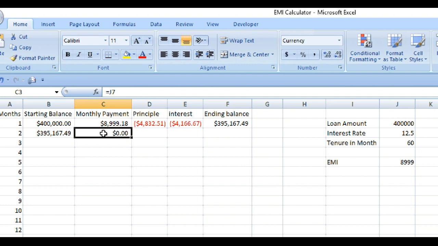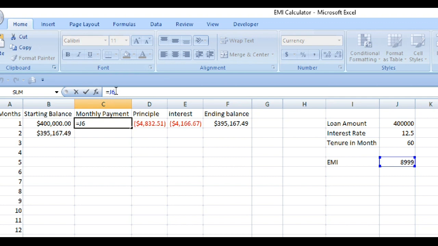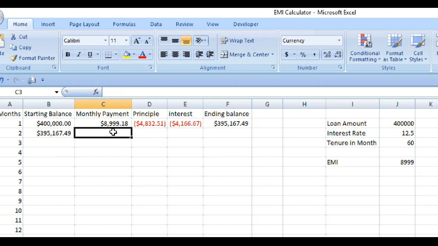We are going to use one method: we create a standard formula and just drag it to all 60 months to get the values faster. Otherwise we would have to enter a formula in each cell, which takes more time. For that we are going to use fixed reference. Wherever we are using constant values like loan amount, interest rate, and tenure, we fix the cell reference by using a dollar sign before the J and before the 6. See now, if I give Control D, I get the same value in the next cell also.